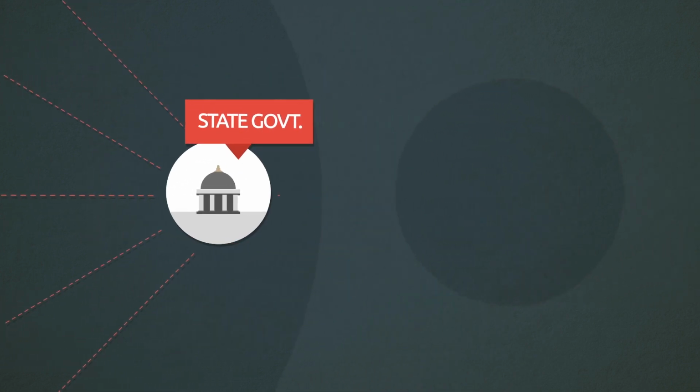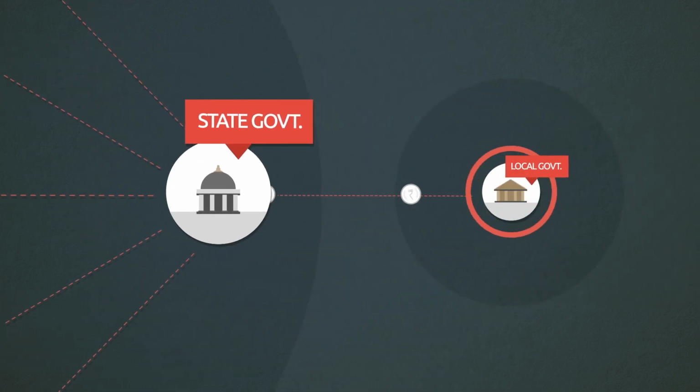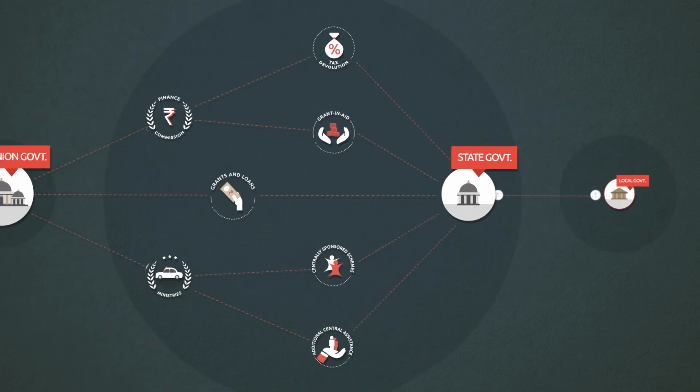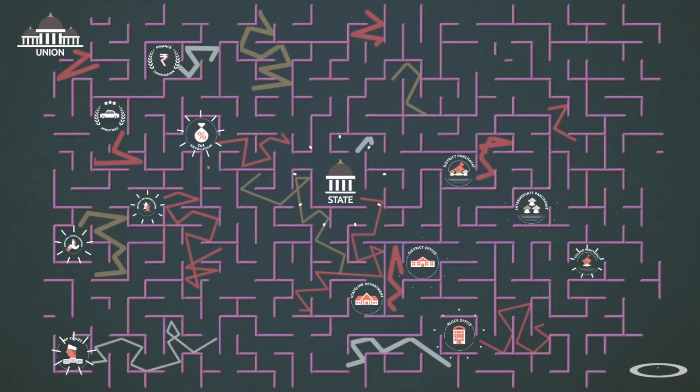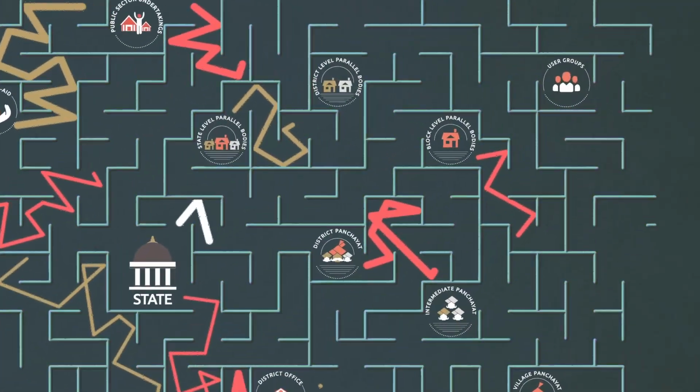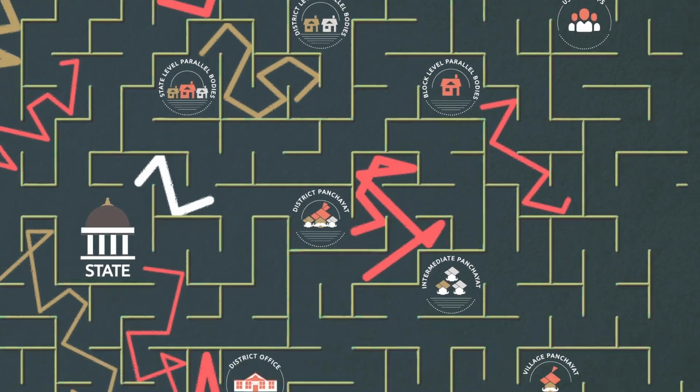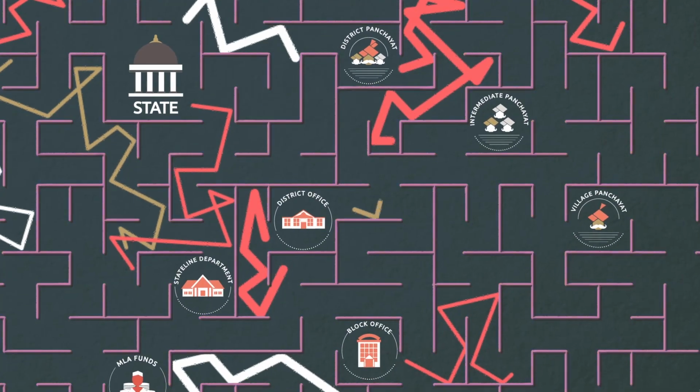States further transfer funds to its departments and to service providers at the front line. And so you would expect fiscal transfers to look like this. But this really isn't the whole picture. Funds sent from the union to states are also spent through autonomous societies that exist in parallel to state administrative